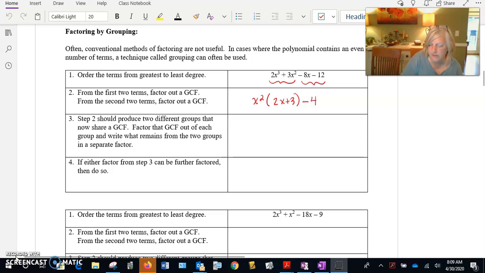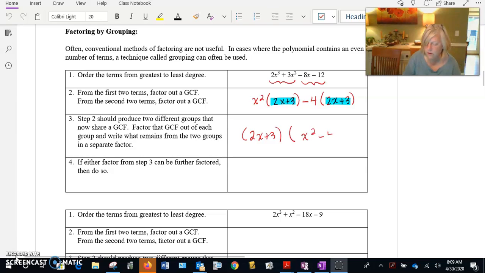And that's going to leave me with 2x. And if this works well, hopefully you'll see that you have exactly the same factor in those two locations. And so with our factoring by grouping, you basically considered what's turquoise there as a GCF. And now I am going to pull that GCF out, 2x plus 3, and what you're left with is x